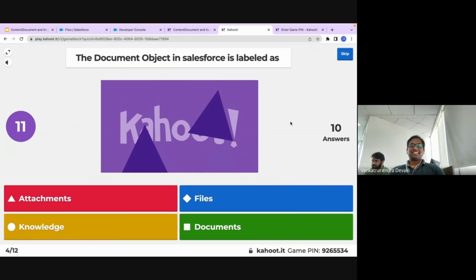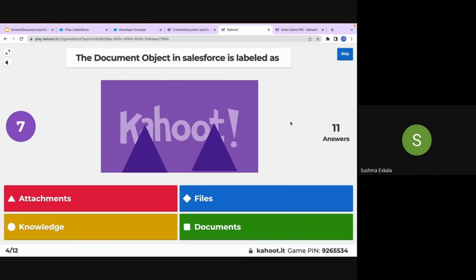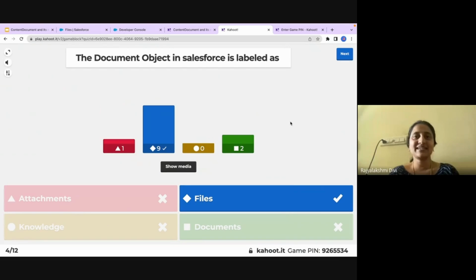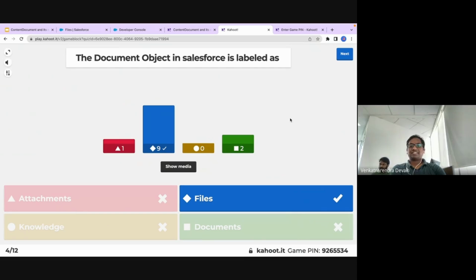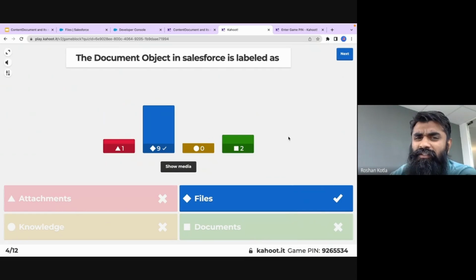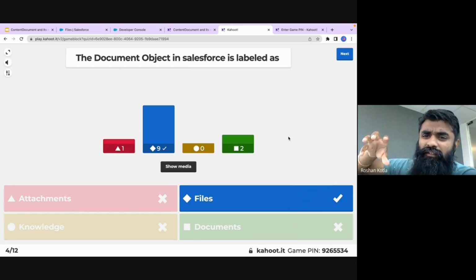Really typical question. Wrong. Files, you showed us, right? The attachment guy is it itself. So what do you mean by document object? Is that the API name? Is that what you mean to say? On the UI side, it is labeled as files. No, UI is files, but when you say document object,